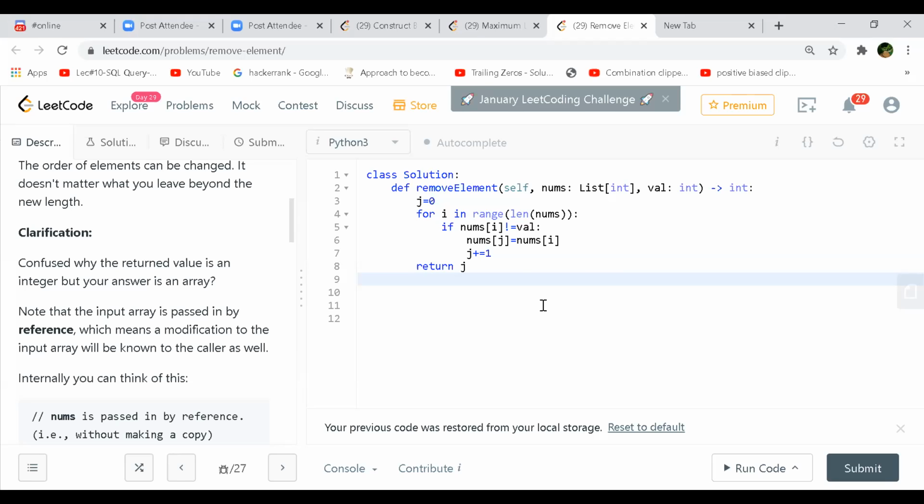No, but my slow runner and fast runner were pointing at the beginning too. It was pointing at index 0 at first. Okay, so that was the second approach in your case, Shuffle, right? Right. So in that case, you are actually not having this not equal to val, right? It was equal to val. Correct, the fast runner was not equal to val.